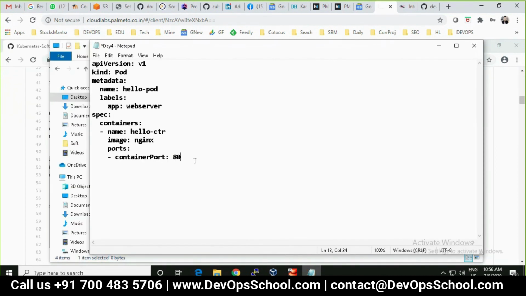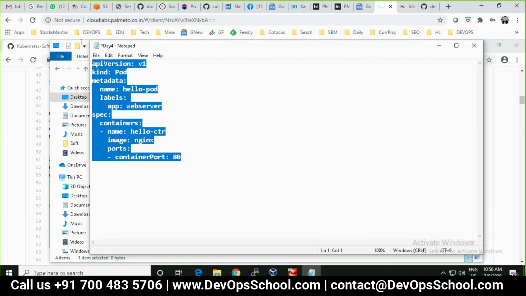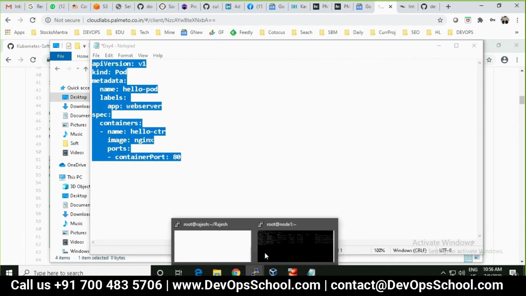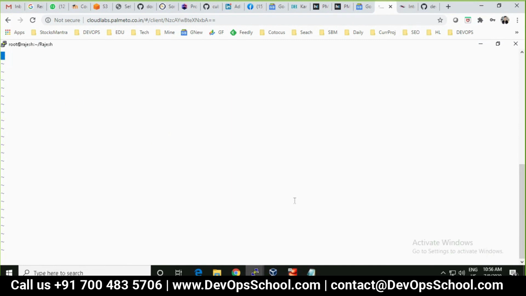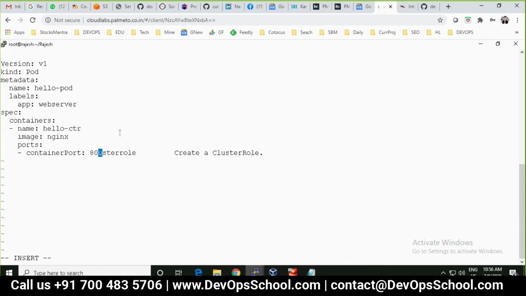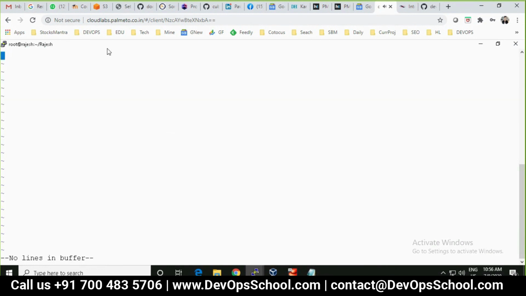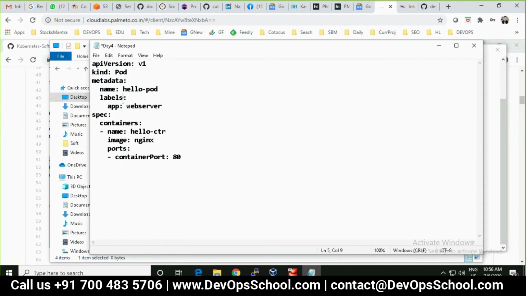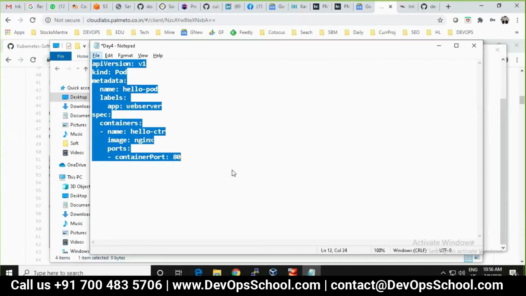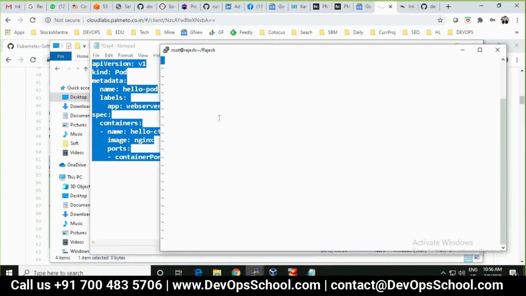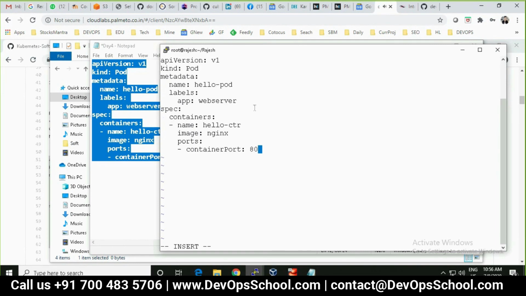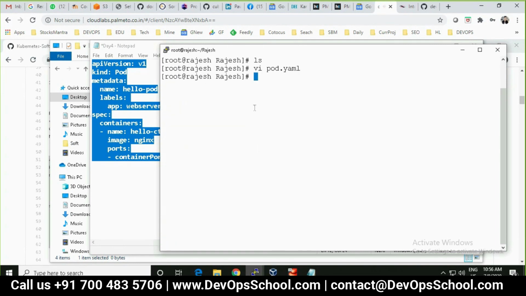Same code you see here: image name Nginx, port 80, same code. See that I copied it here.